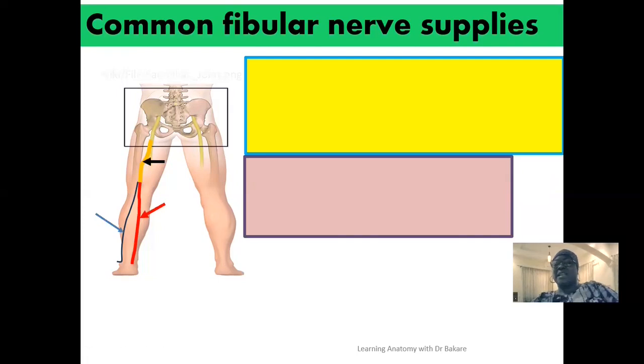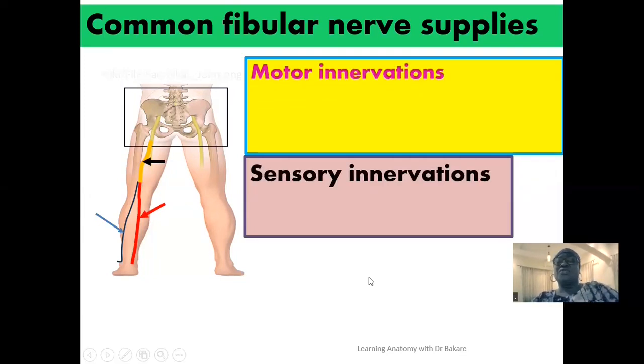So the common fibular nerve is seen to provide innervations for different regions in the lower limb. So let's try and use this slide to illustrate the different regions that the common fibular nerve provides innervations for. The common fibular nerve is seen to provide motor innervations and also sensory innervations. So these two types of innervations are seen to be provided by the common fibular nerve. For the motor innervation, it is seen to provide motor innervation to just one muscle in the posterior compartment